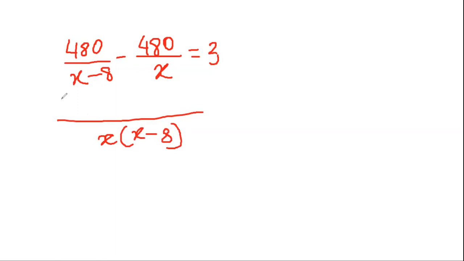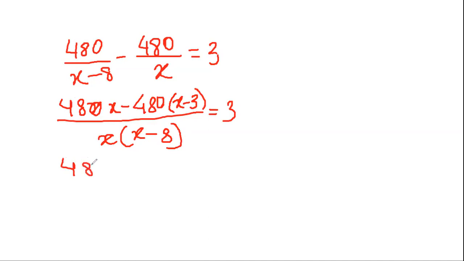Multiply 480 by this. Then 480x minus 480x minus 480 bracket x minus 8. You have to make only the equation. Don't put the solution; the solution we are going to do in the next exercise. Okay? Then again it comes as 480x minus 480x